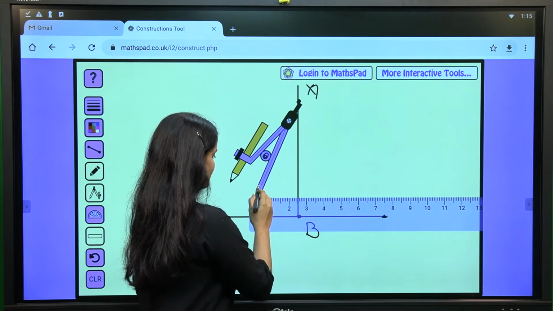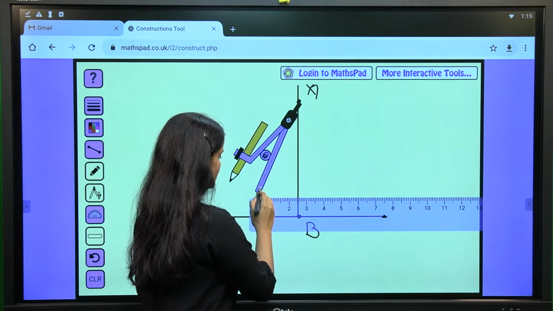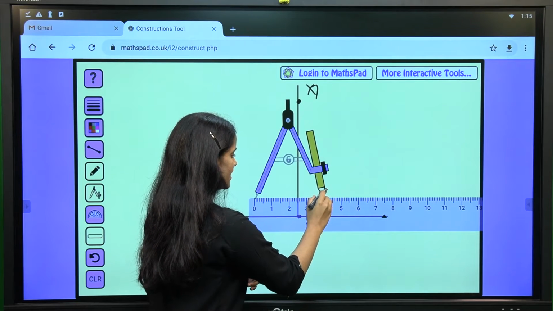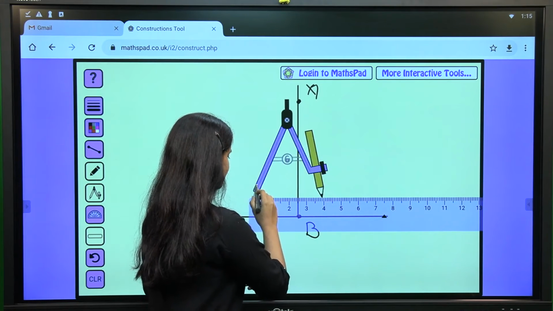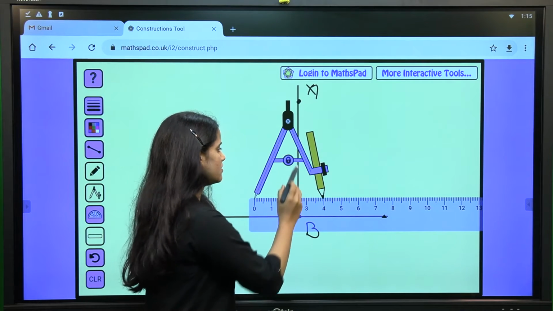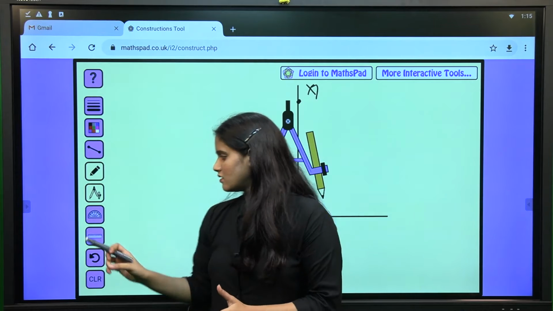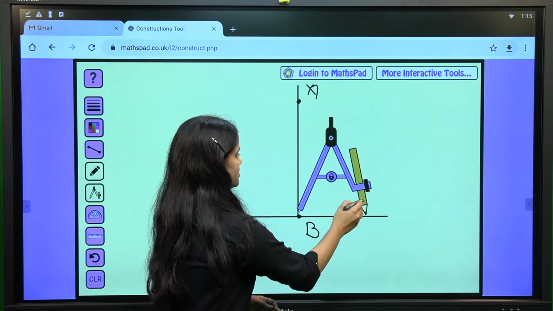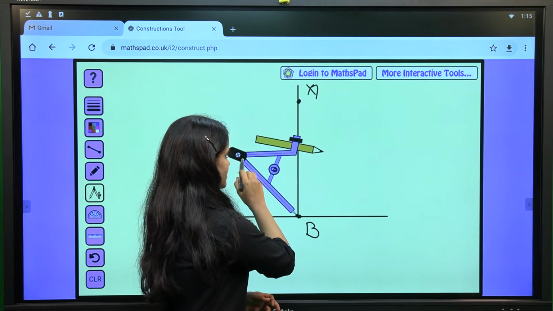Be proper. Okay, always be cautious about this measurement. So if there is any slight change in the measurement, the entire construction will be wrong. That's why. Yeah, now it is 4 cm. So now I don't need a scale. I'll keep this compass at point B. So I'll just cut an arc like this.